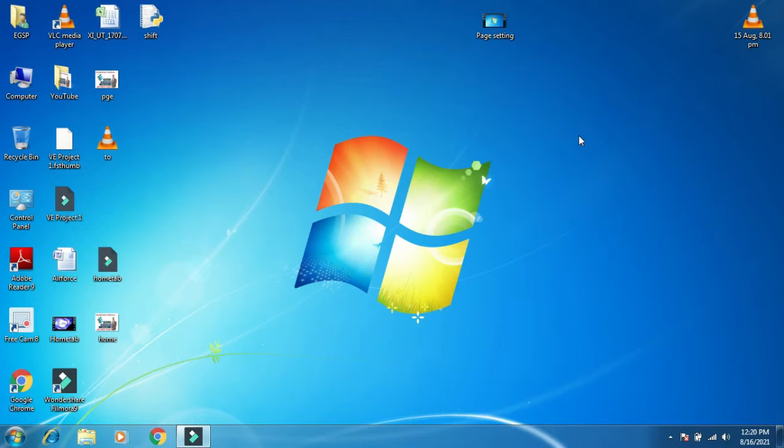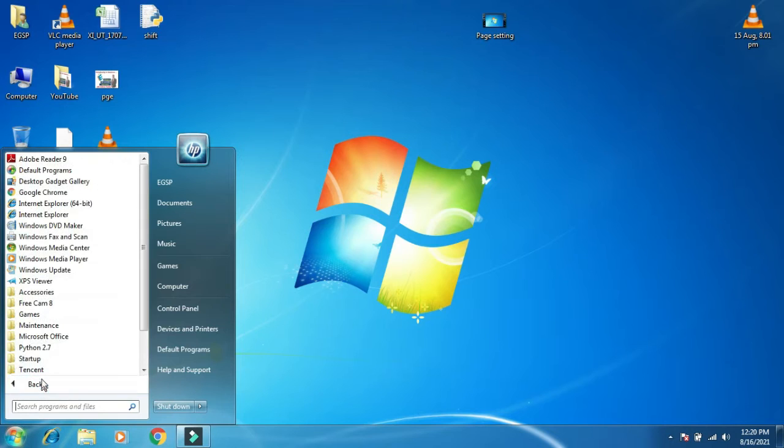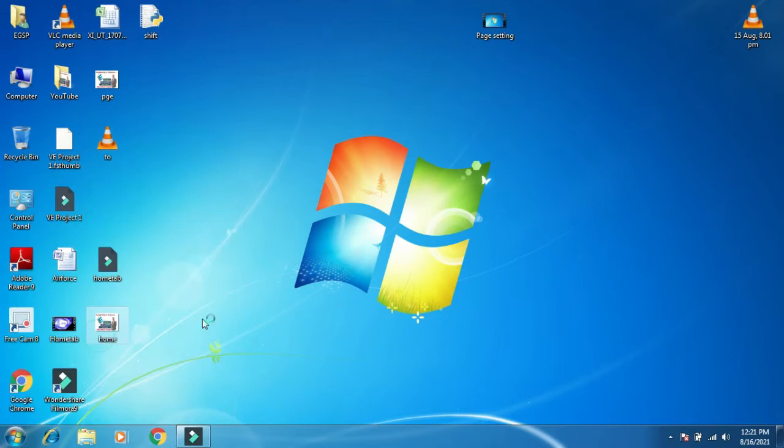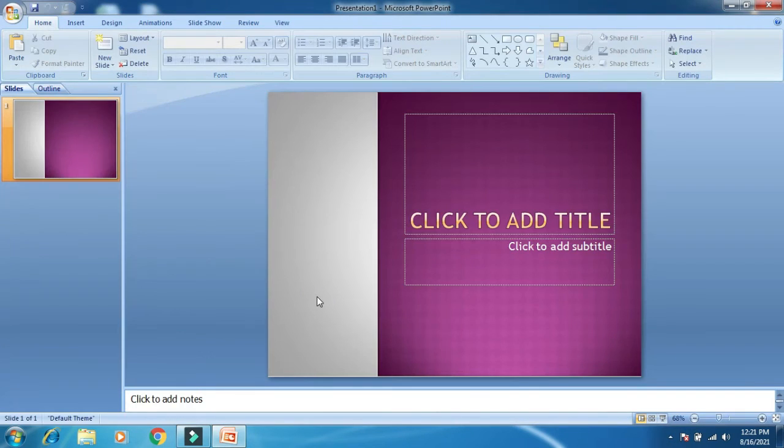First we click on the start button, then All Programs, then Microsoft Office, then Microsoft Office PowerPoint 2007. As we click on it, we can see a window of Microsoft PowerPoint, and at the top of this window you can see the name of this application, called Presentation1 Microsoft PowerPoint.